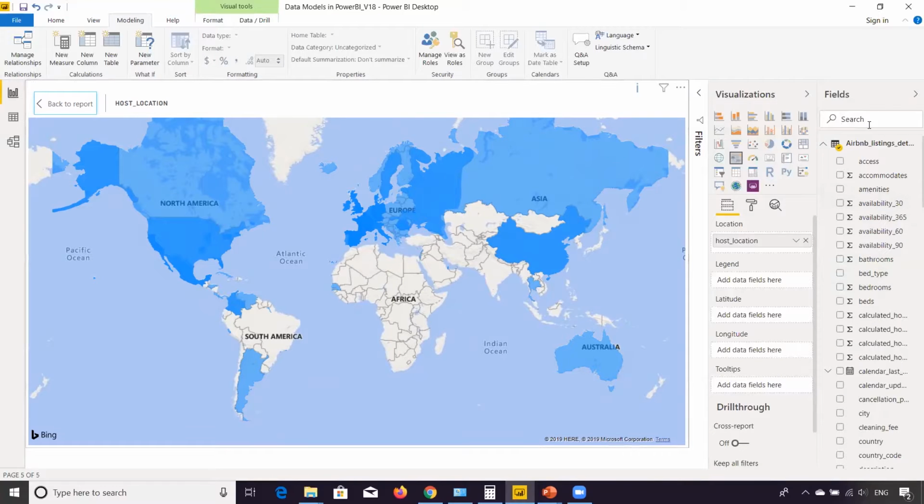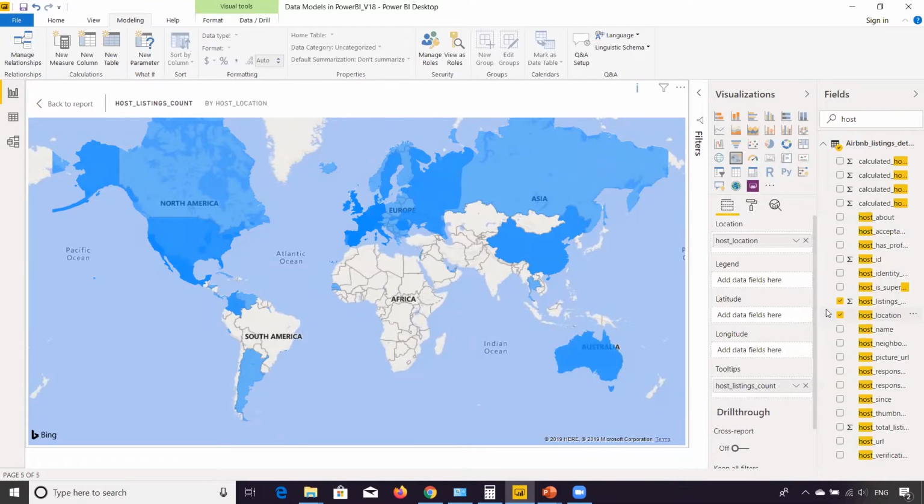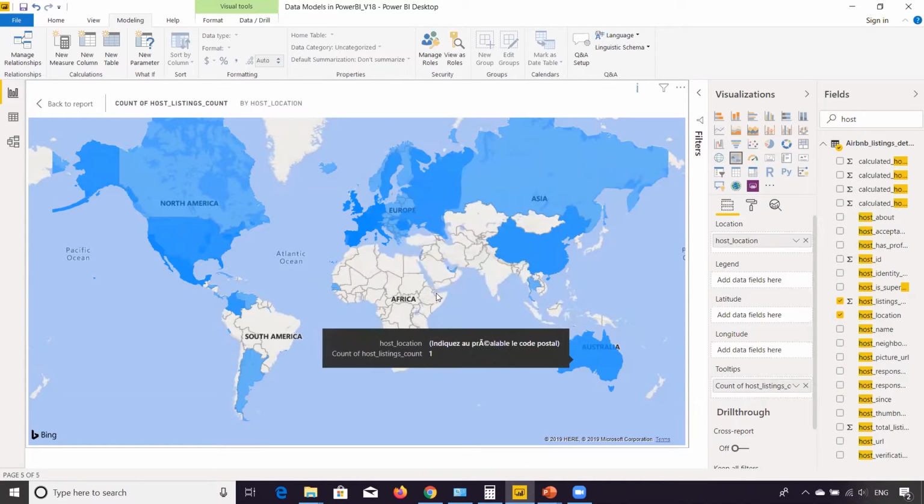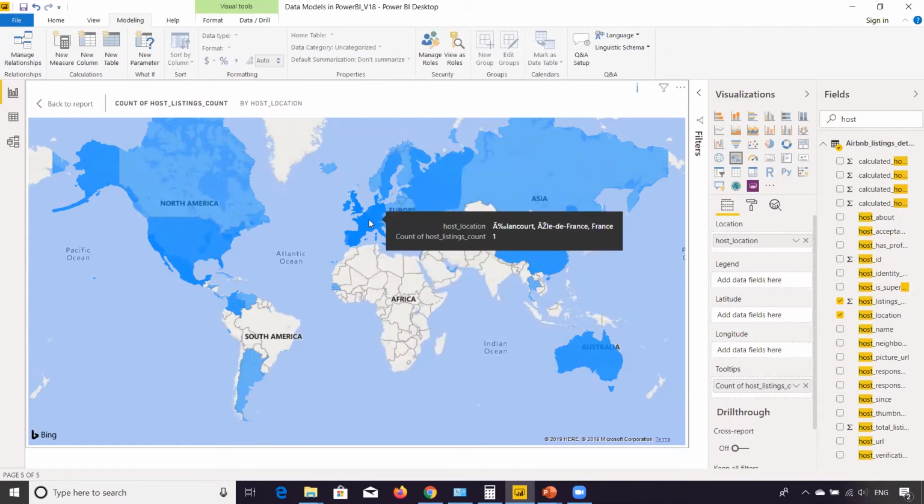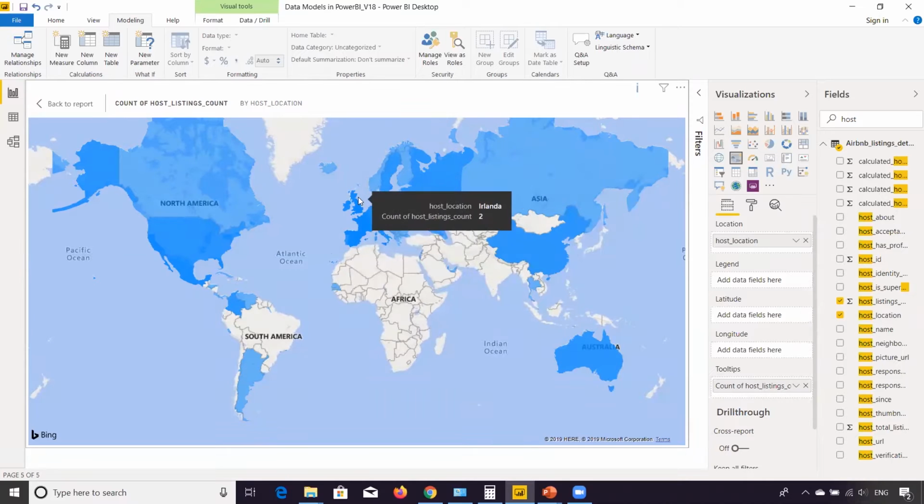Now in the tooltip location, you make it a count. Okay, so what you can see is that the people who have provided the details are from these areas. Okay, so they are the ones who have given their properties listed. Okay, so you can see from UK you have so many, from Switzerland you have 3, from Europe USA, US